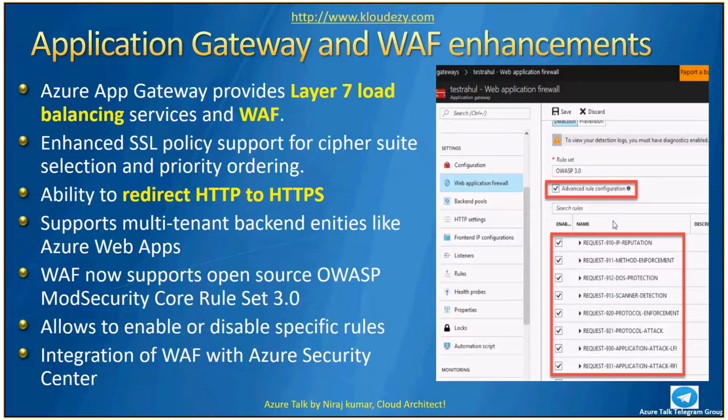Okay, and the thing we'd like to add here is the web app. The web app has its own URL. So we added the web apps behind the application gateways just to protect those web app URLs from being eavesdropped by a third party. Whenever you create the application gateway to reach those URLs, Microsoft has restricted creating a rule with the A record, because any time the application gateway gets restarted, it tends to lose its IP address, which in turn means you will lose the connectivity to the web app.